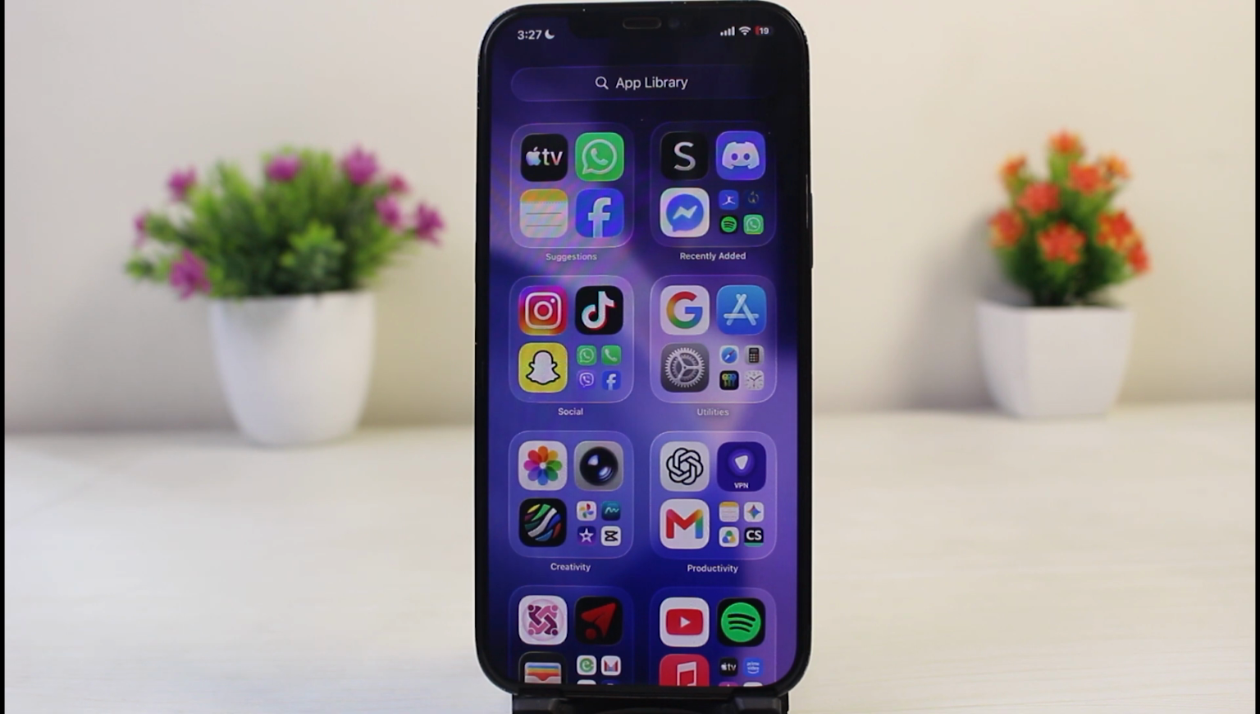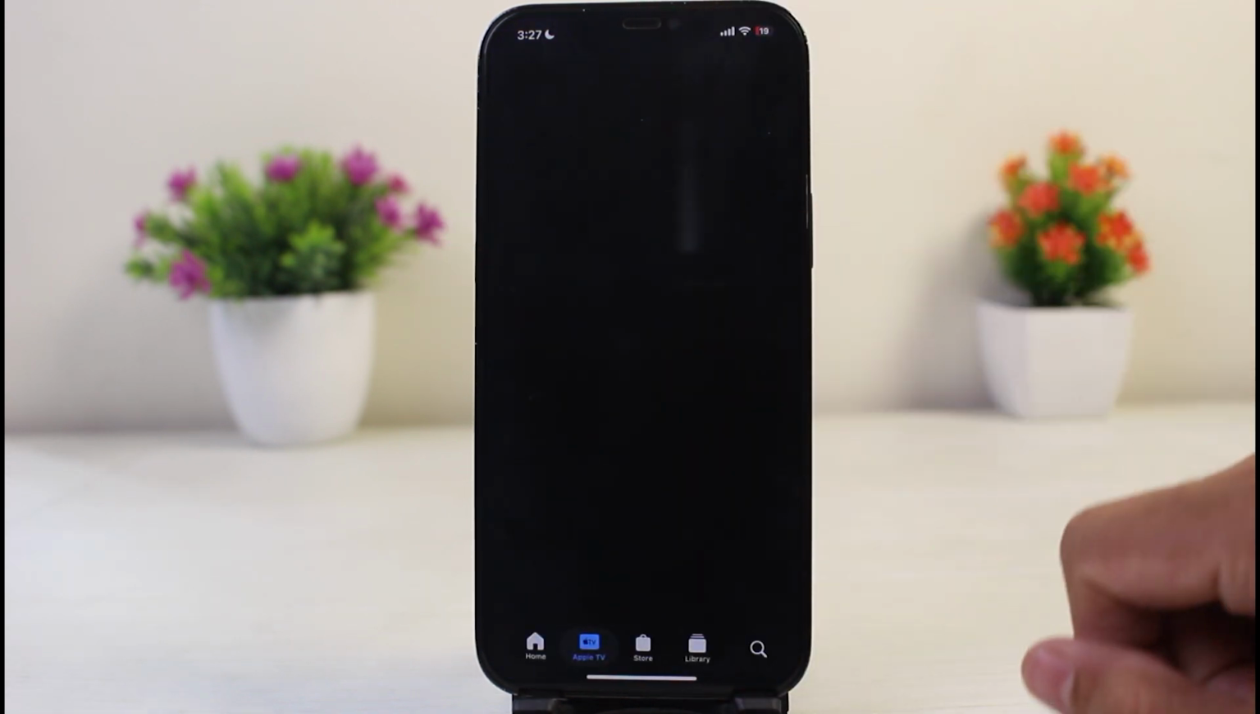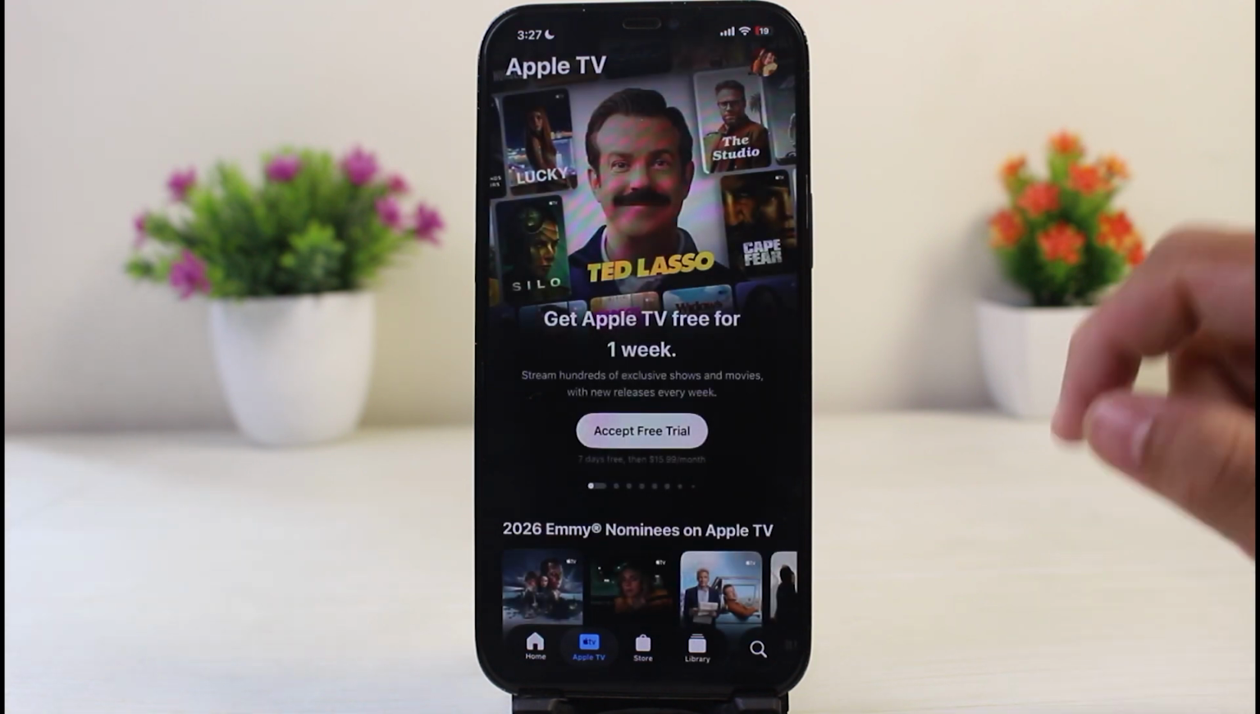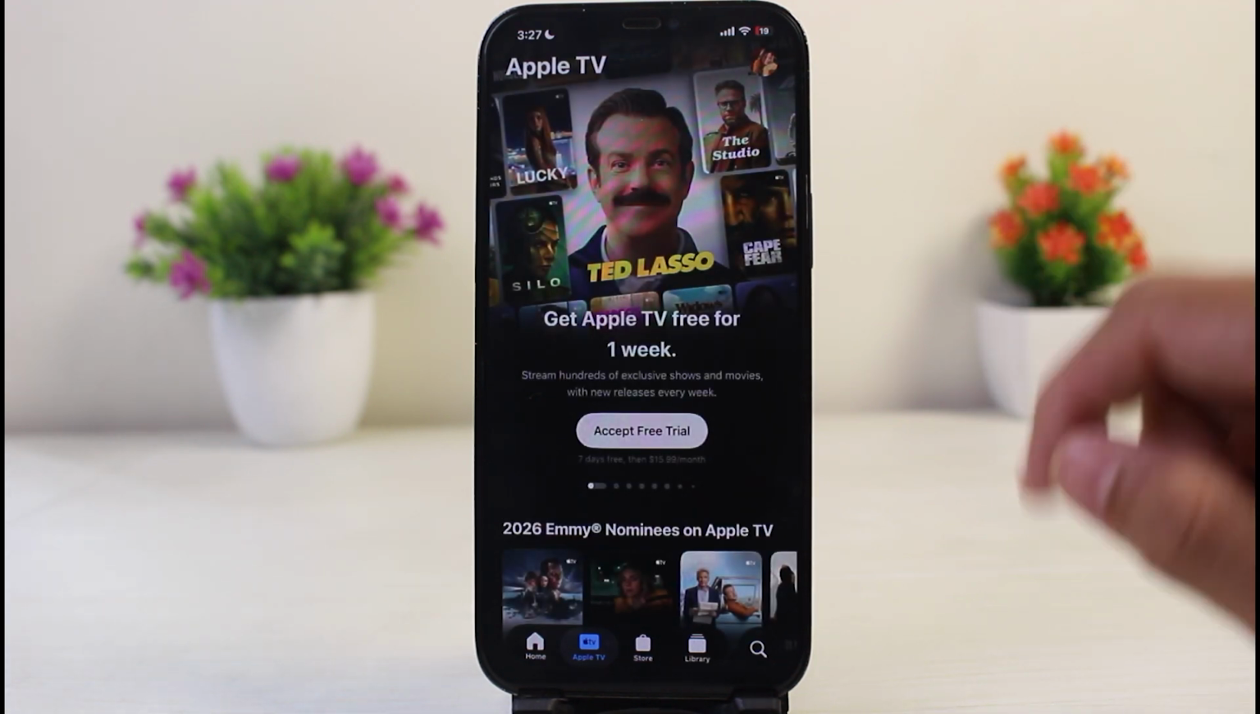How to restore Apple TV Plus after cancellation. First, you want to simply open your Apple TV application. Once you're inside your Apple TV application, you want to simply sign in with the Apple account used for that